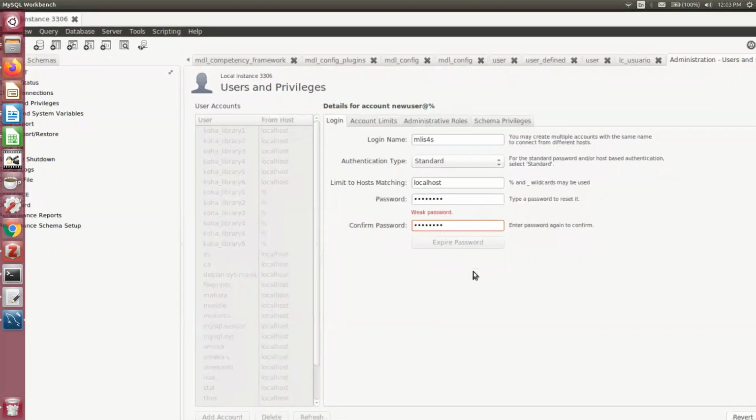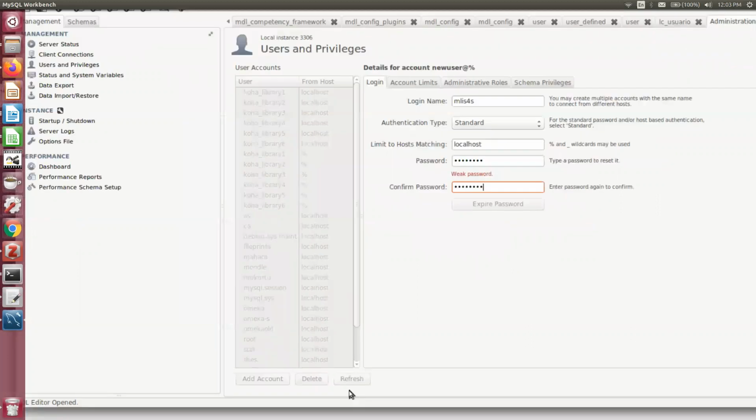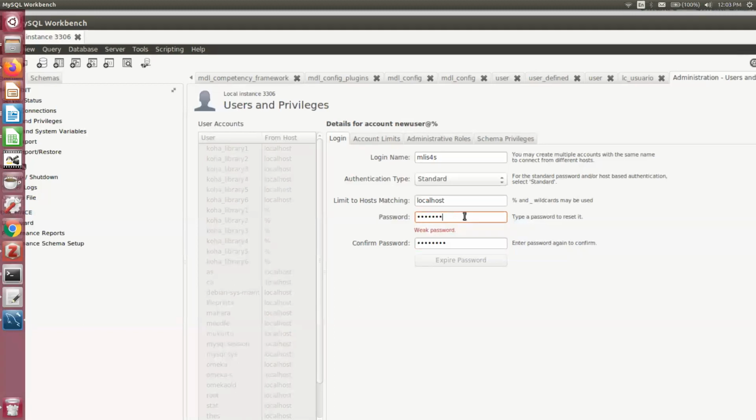Now, this is one of the problems in this graphical user interface. It also checks your password strength. So it should not be a weak password.